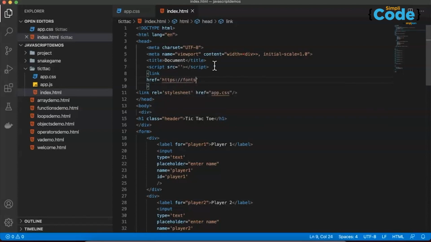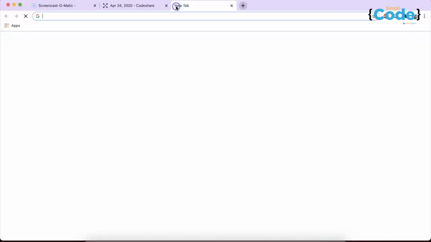https://fonts.googleapis.com/css?family=Permanent+Marker. Okay, so if you just copy this into your browser, you will get to know where exactly it is